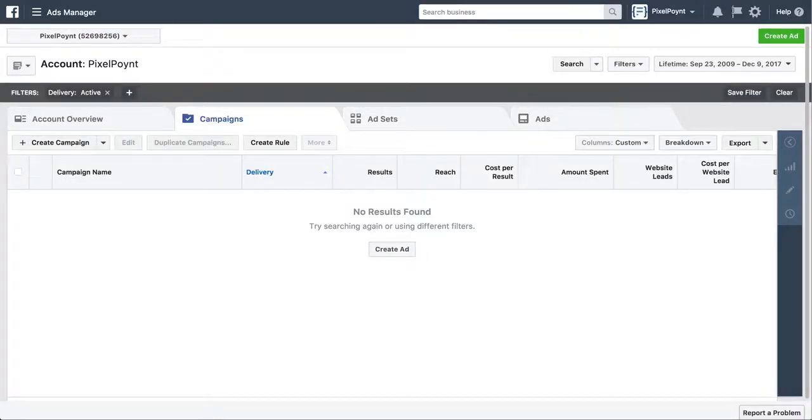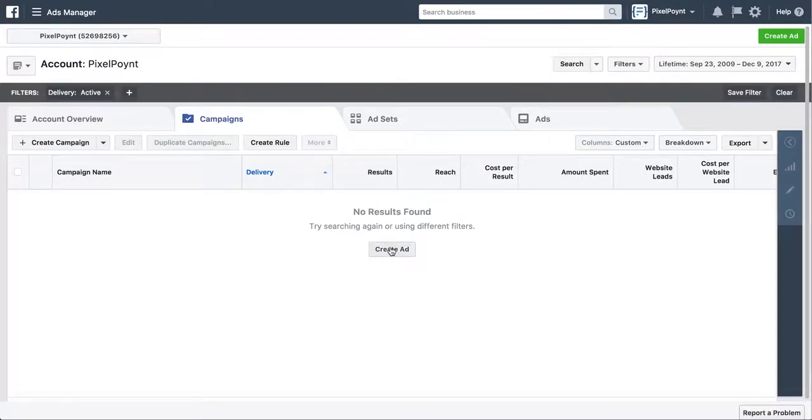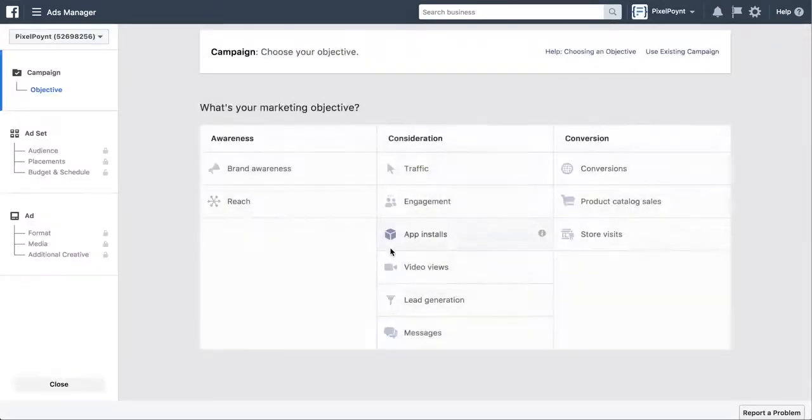that looks like this. And here's where I'm going to walk you through step by step how to create your campaign, the ad set, and the ads, and what the difference is between the three. So getting started, make sure you're on this tab here that says campaigns. And the campaign is where you set up your objective. So if you want to build brand awareness, if the objective is reach, basically getting in front of the most amount of people,